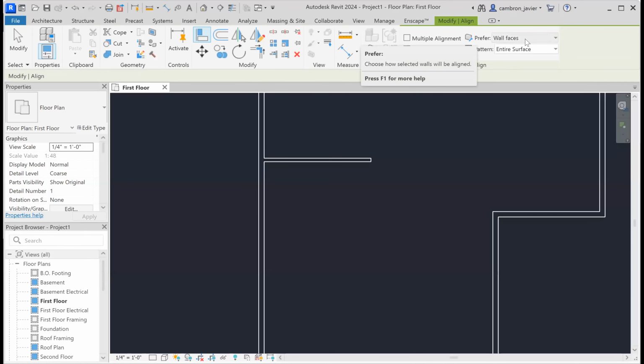And right here where it says prefer, what we want to do is set it to wall faces. So mine was already set to wall faces, but yours by default, I think, is set to wall center lines. So we're going to click on wall faces, make sure that changes. And then we're going to do,